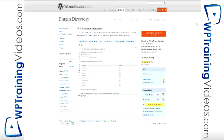Our next plugin is along the same lines. It's called WP Database Optimizer. And this one is a little lighter than WP Optimize is. In fact, it just focuses on the database, and it's got one other important difference, and that is this is automated. So you can set it up so that every X amount of days, this will go through your database